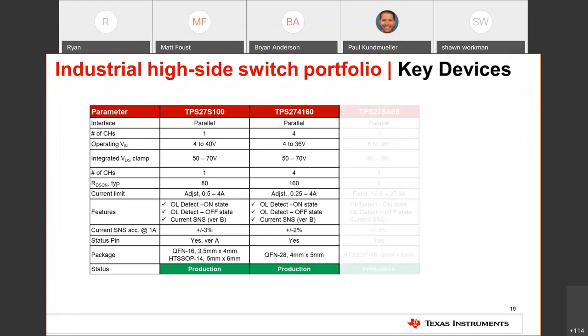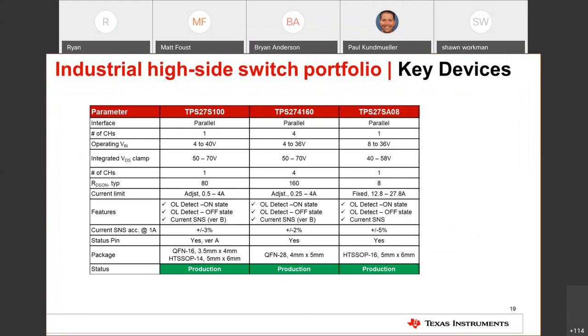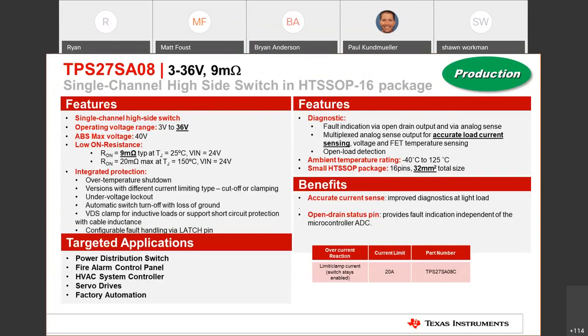Now going over to our next device that has been released last quarter, TPS27SA08. This is a single channel 8 milliohm device with a fixed current limit. It can operate up to 36 volts and has a fixed 20 amp current limit.